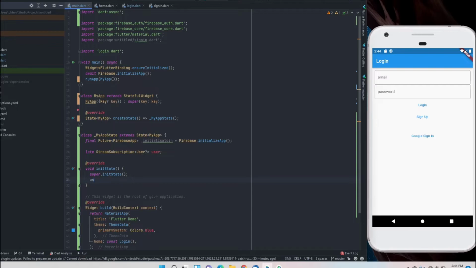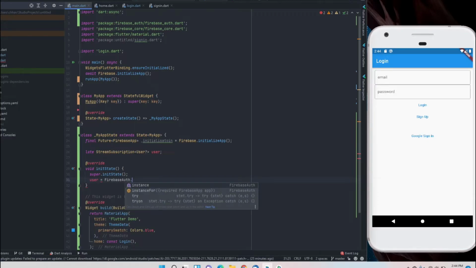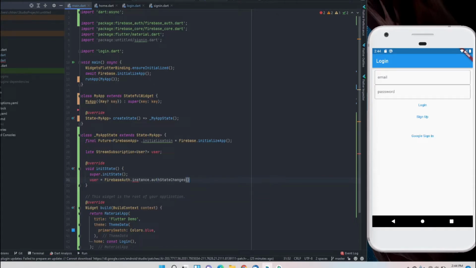we will define our user, which will be equal to FirebaseAuth.instance.authStateChanges().listen. We will get a user here instead of event. We'll return user and we'll leave that empty and put the semicolon. And for the dispose function, we will simply dispose our user. user.cancel();